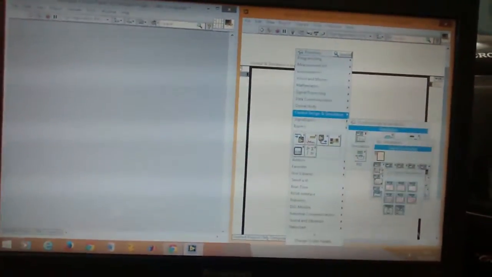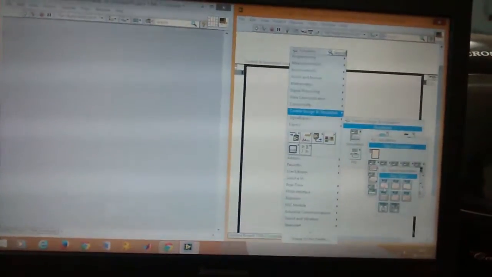Go to control design and simulation. Select step signal. And again we need a transfer function.